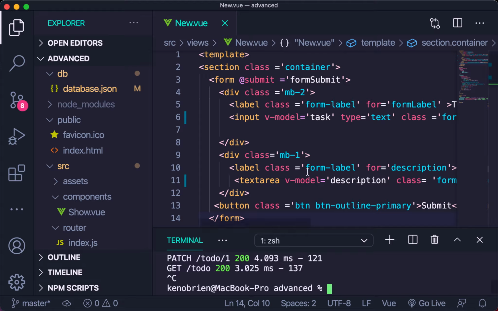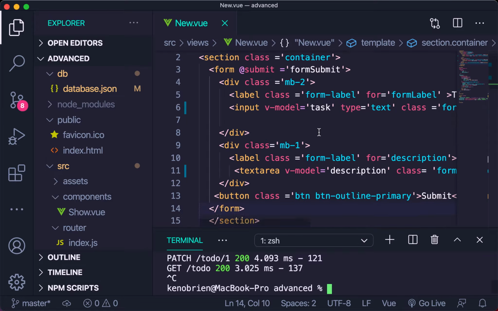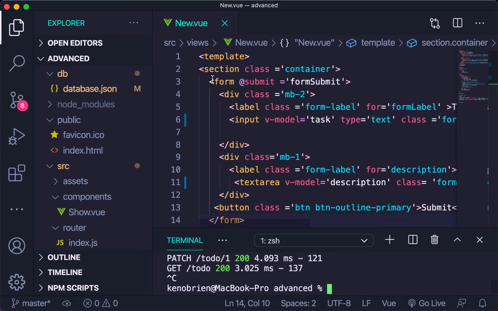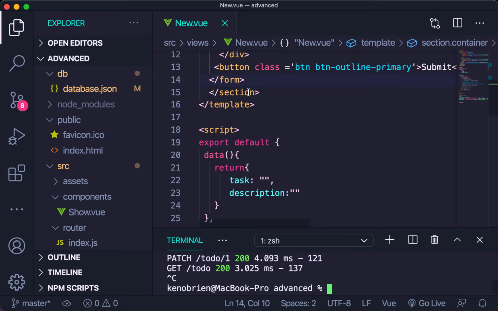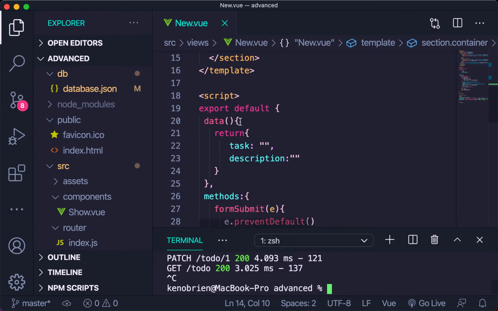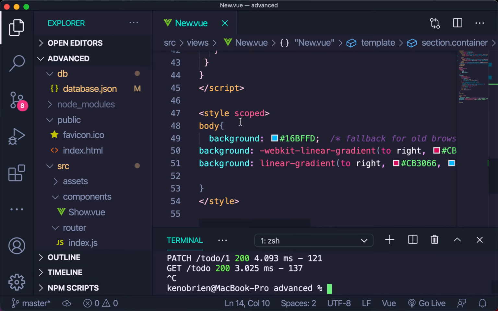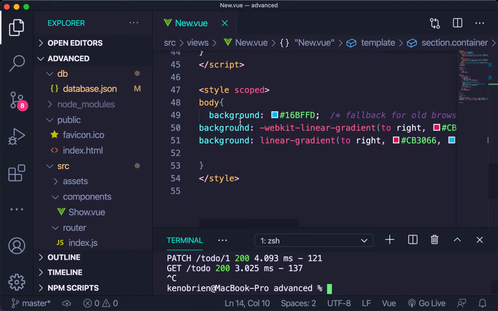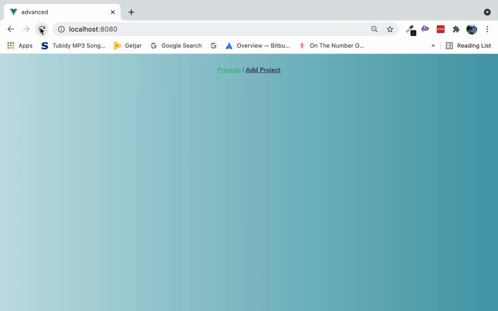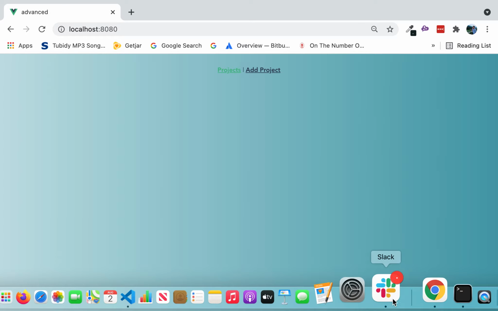So yeah, here is my app, and here is all the code that I have written. So what you do in Vue is that you have the template, and then you write your HTML code in your template section, and then you have the script section where you write your JavaScript, and then you have your style where you write your style. This is how you write an application. So now, as you can see, it's not working, and the reason for this is that I haven't started